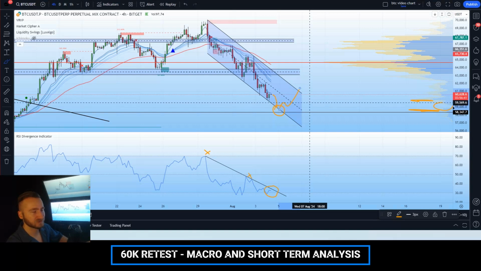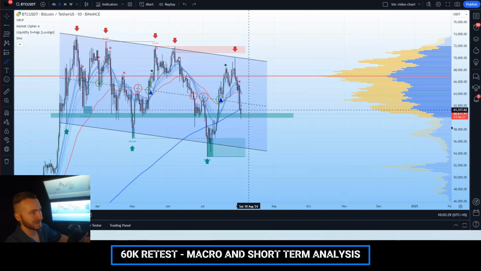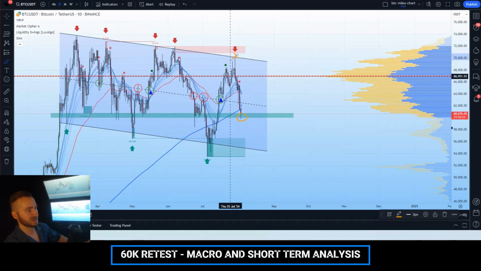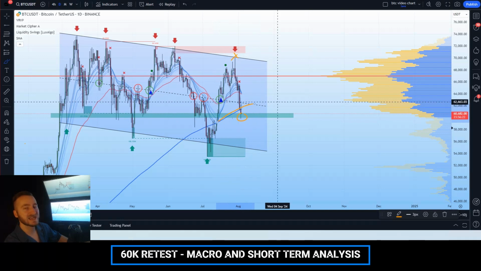All in all, guys, the price action is inevitably in a downtrend. We are in a downtrend. There's nothing you can really say about that. We are not looking fantastic. We are underneath the midline. We are pushing into the 60,000 region. We failed to break 70,000. We are underneath the 200 SMA. However,